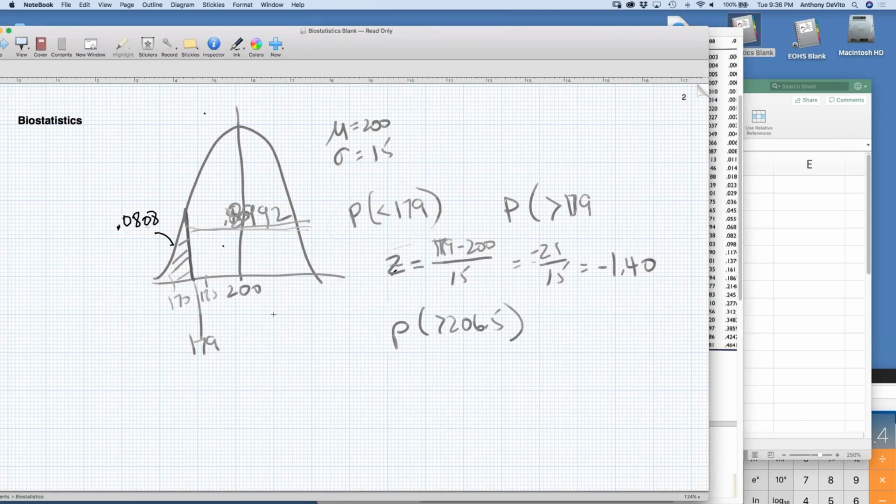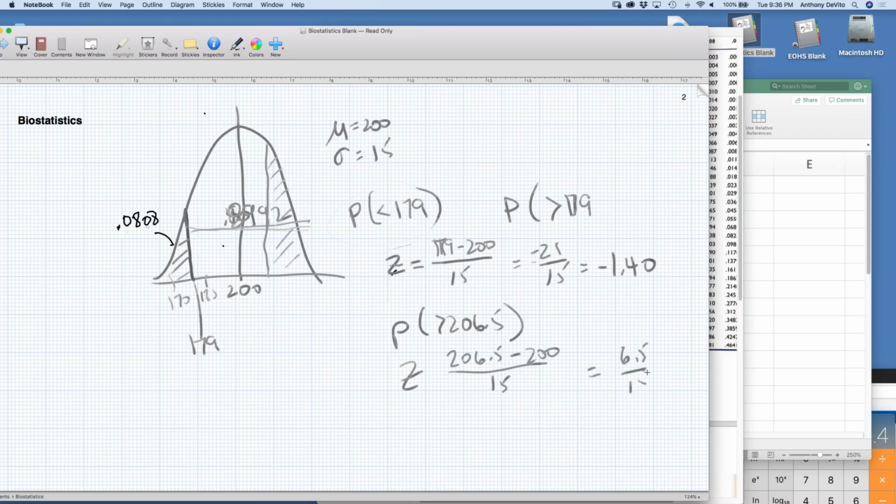What's that probability going to be? Well, let's see. My z-score, again, is going to be somewhere around here. The probability of being greater than that is this area in here. 206.5 minus 200 over 15 is going to be